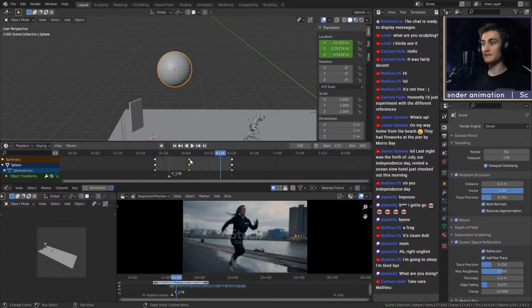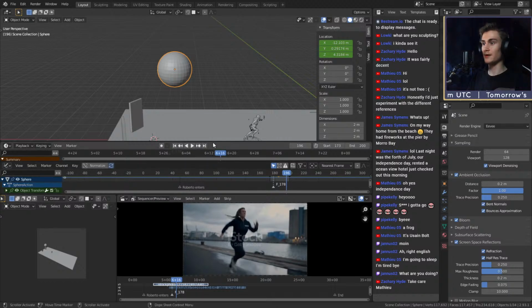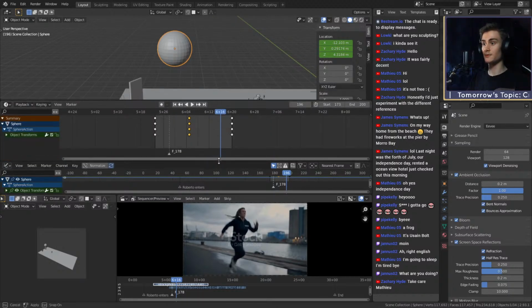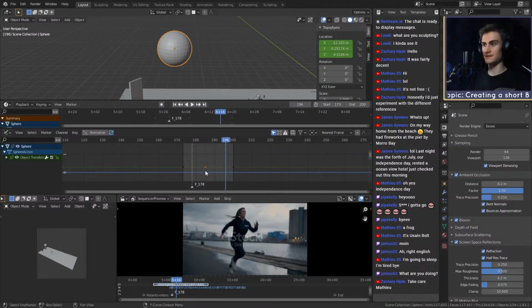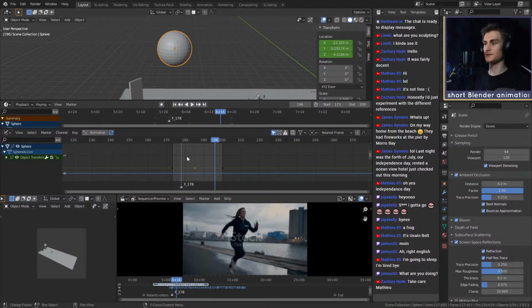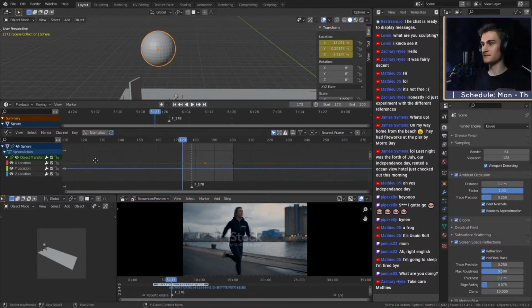If you select the keyframes that you want to interpolate, and then you press... No, before we do that, there's one way you can visualize interpolation, and that is in the graph editor. So if I have another window right here. The graph editor shows you the speed of an object over the time that you have here on the timeline. You can see right here, the speed is this blue line. If we open this, we can see all these individual